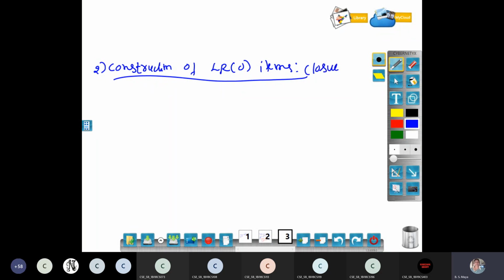I am using the closure and goto functions. By using closure and goto function, I have to do the construction of LR0 items, by using goto and closure function.